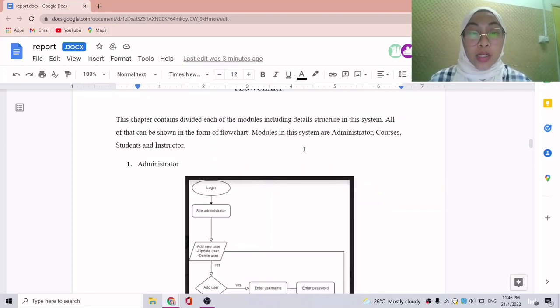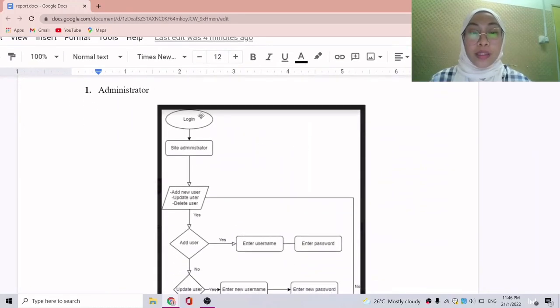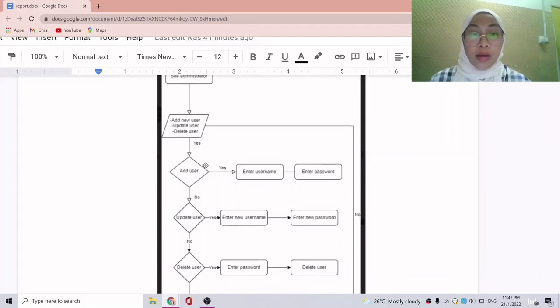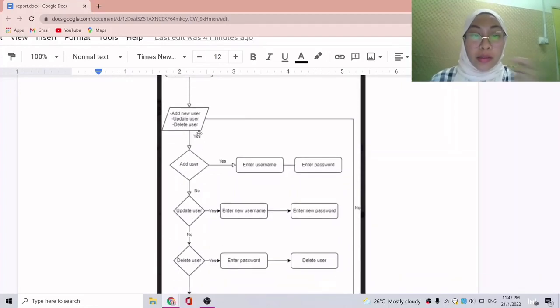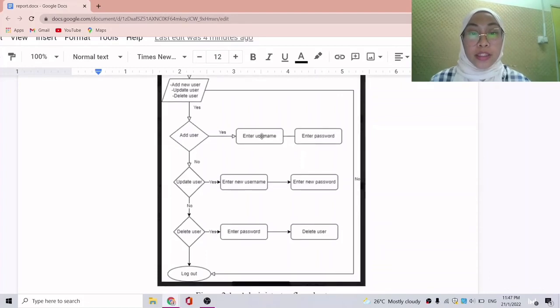First, for administrator, the admin can log in, and then on the administrator side, they can add a new user, update user, and delete user. For add user, the admin can enter a username and enter a password.